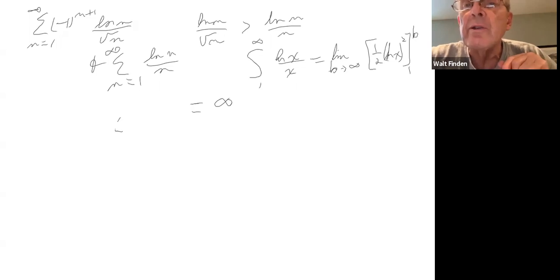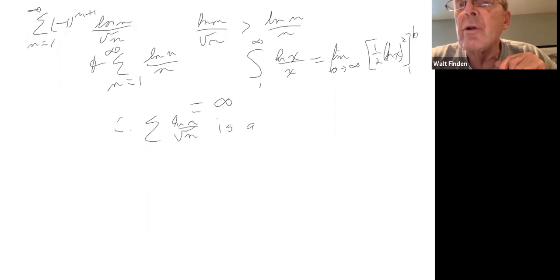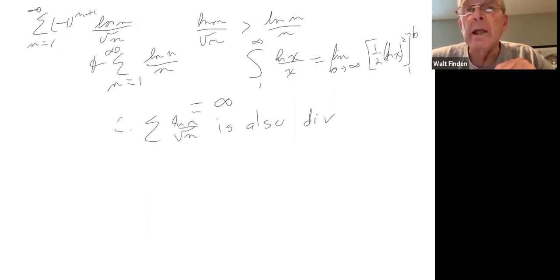Therefore, summation natural log n over root n is also divergent, comparing that to summation natural log n over n. So this series is not absolutely convergent, but it is conditionally convergent because we have,